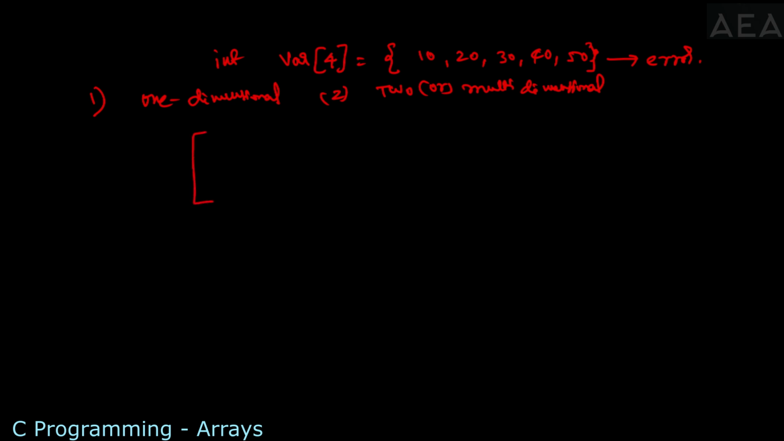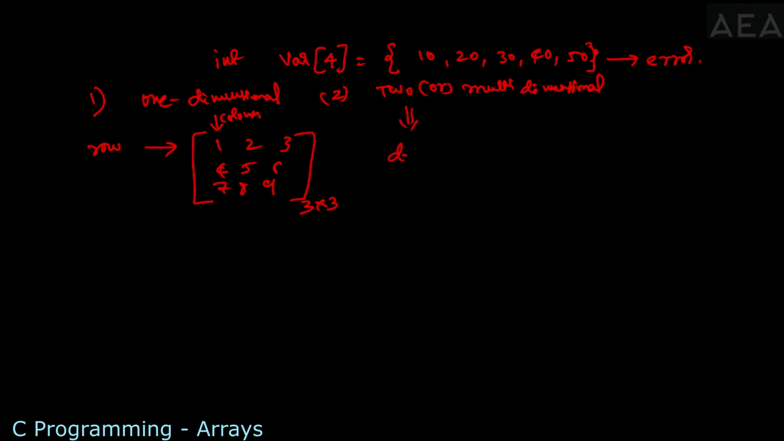Suppose here I am writing one simple matrix: 1, 2, 3, 4, 5, 6, 7, 8, 9. So this matrix is a 3 by 3 matrix, which has 3 rows and 3 columns. These are called rows, right? And these are called columns. Okay, so now to define a two-dimensional array,